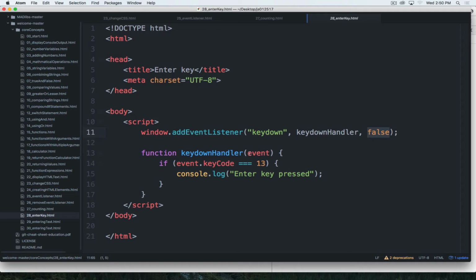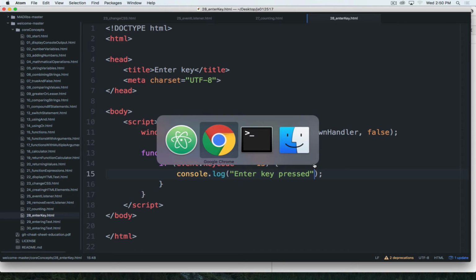Now my function, I'm going to keep track of the event that just called Keydown handler. So then that will allow me to find out what was the key code of that Keydown event that just happened. And if that number happens to be the number 13, because every key on my keyboard corresponds to a number, it's my ASCII key code, that will tell me if I pressed the Enter key. Now, if we run this,